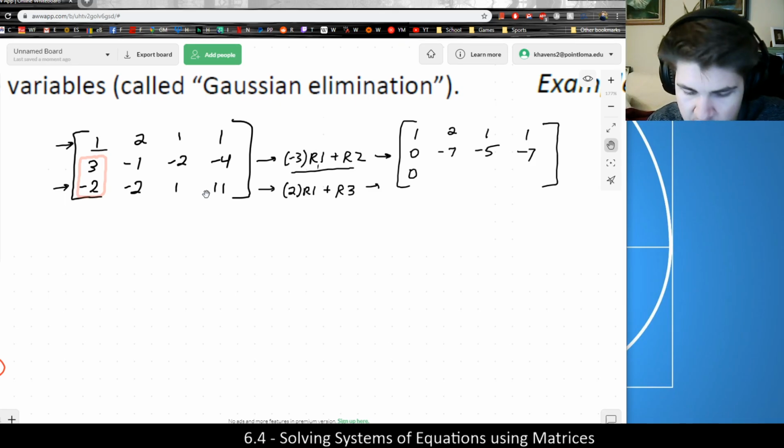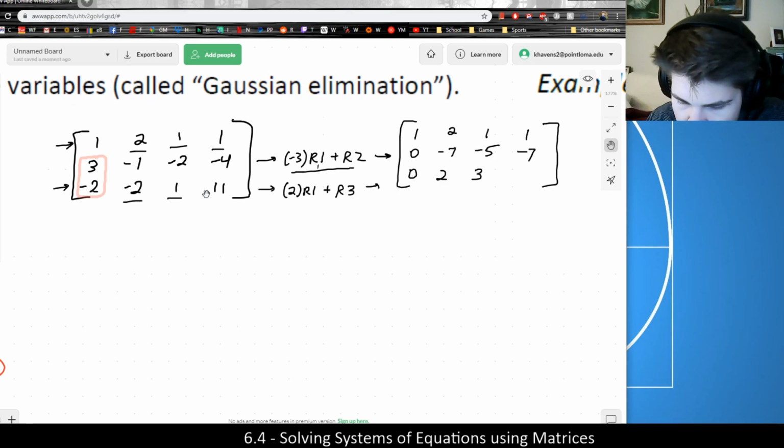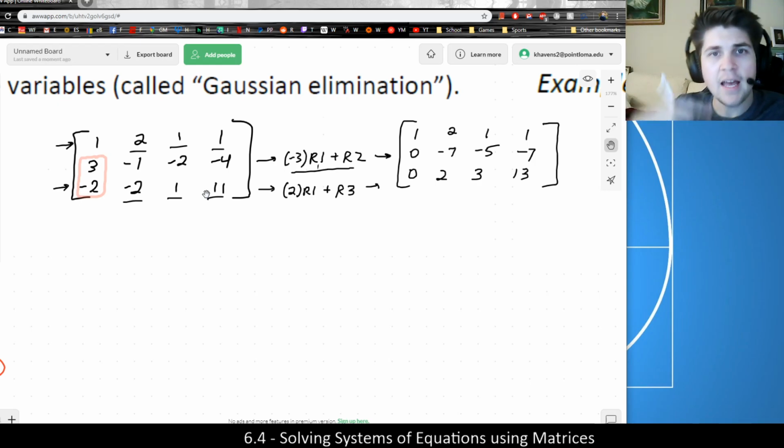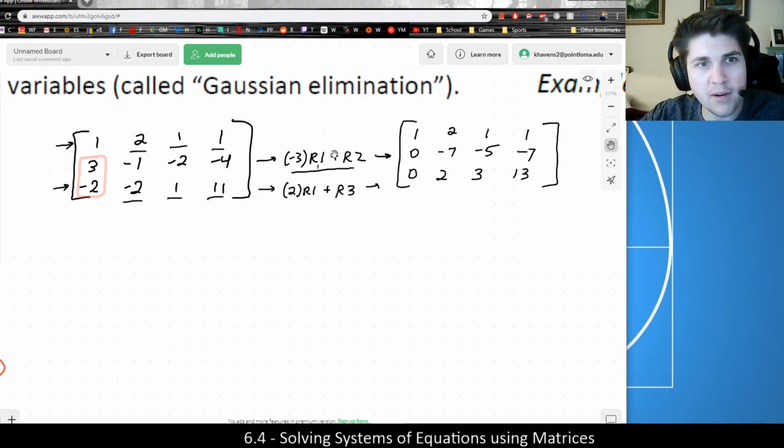So again, that would be 2 times row 1 plus row 3. It's 2 minus 2 is 0. So that will make 0. That's good. Then I'm going to do it to the next column. 2 times row 1 is 4 plus row 3 is minus 2 is 2. Then I'm going to take 2 times row 1, add that to row 3. 2 plus 1 is 3. And then 2 plus row 3 is 2 plus 11 is 13. And basically, I've started off with my primary goal, which is to get zeros beneath the first one. And then again, my goal is to work my way through the zeros in a very